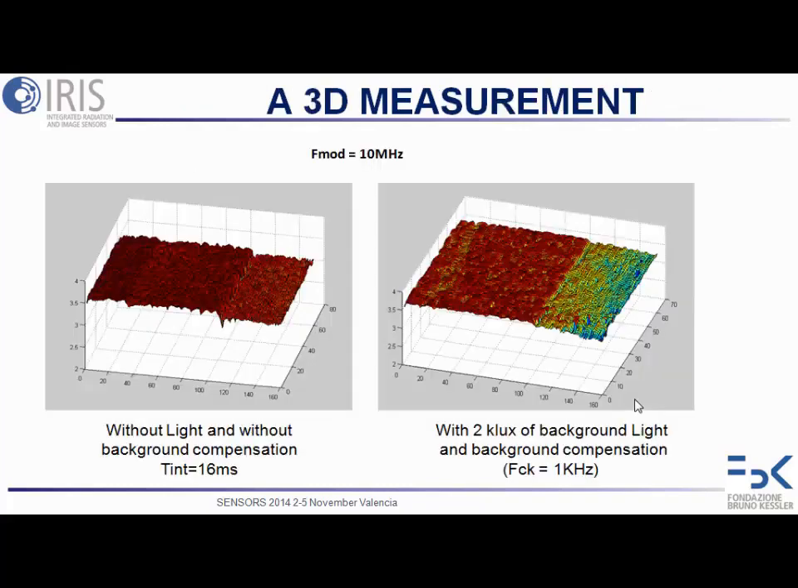This is an example of a real 3D image. This is in the case of dark. In front of the sensor there are different objects. This is in the case of dark without compensation. This is in the case of illumination conditions, but using also the compensation circuit. As we can see, the accuracy of the measurement is reduced